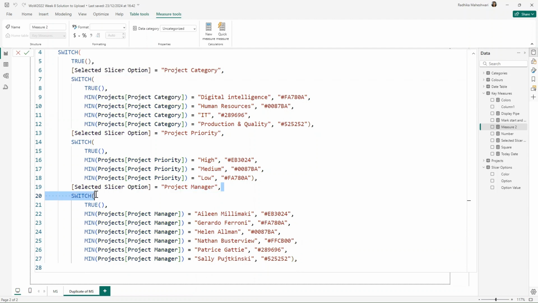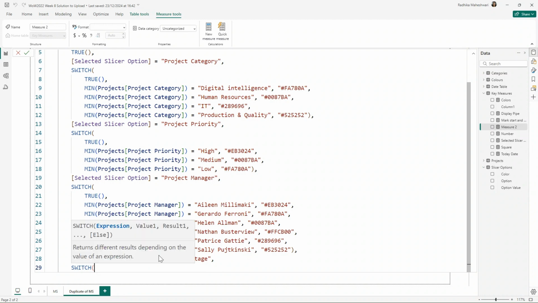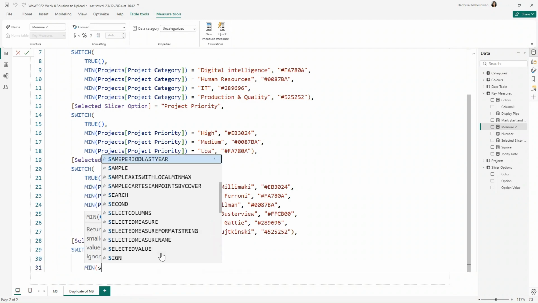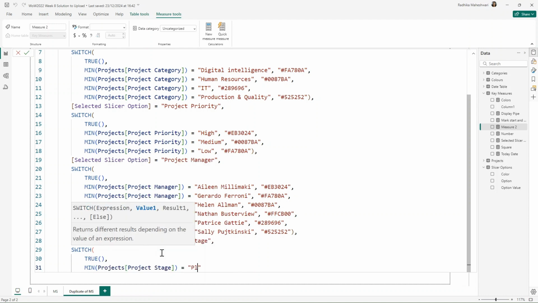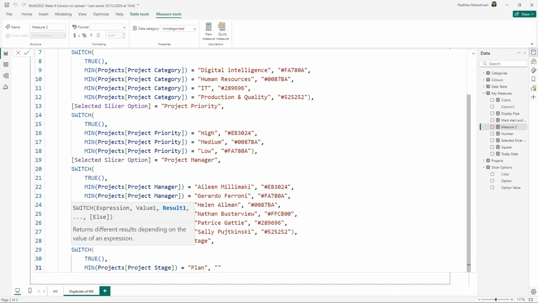Then again, we have to do this for project stage. And for project stage, again, we are going to use switch true when the minimum stage is equal to plan. Then we give the color for plan.